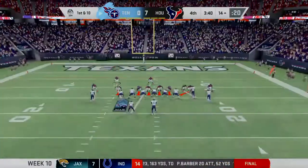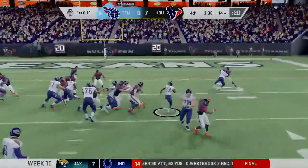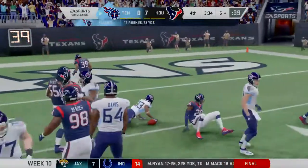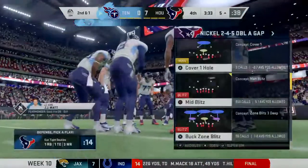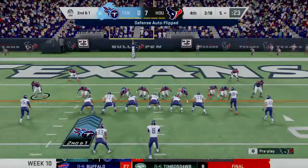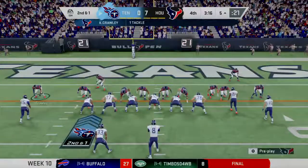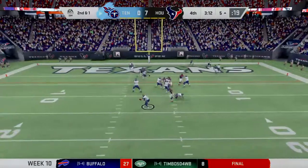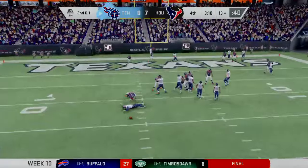Here's first and 10. Now Lewis here on first down. And he's going to get a solid gain of 9 before being brought down. Second and right at a yard. The previous run good for 9. Here's second and a yard. Here's Mariota. In trouble, and he'll go down